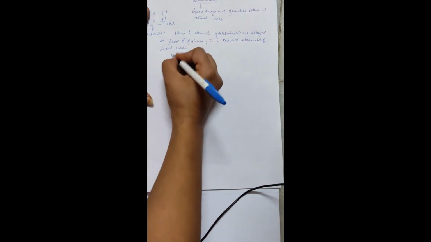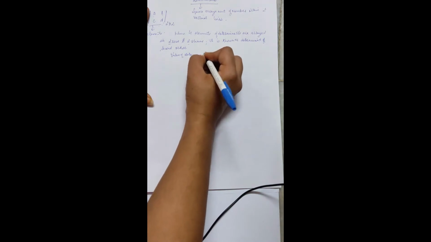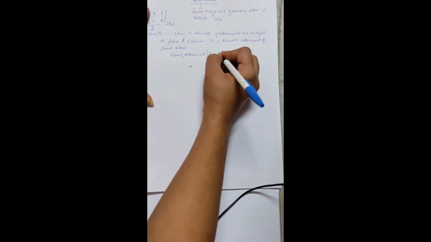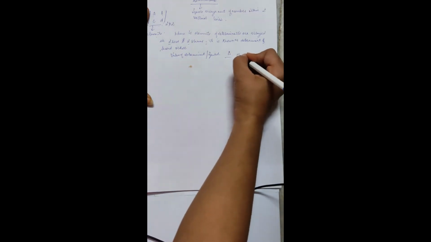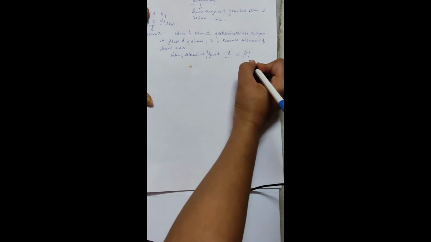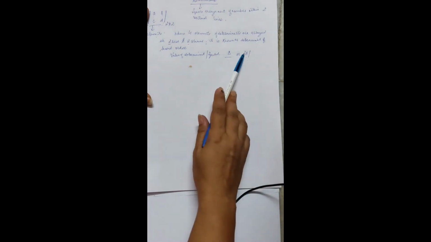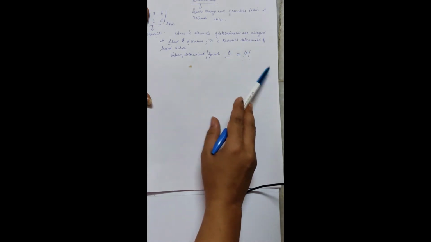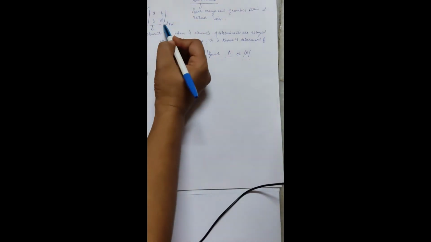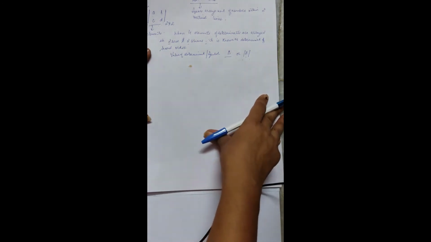But before that, let me tell you that the symbol of the determinant is denoted as delta, or it is written as A between 2 lines. A is the matrix, and if it is written between 2 lines, it symbolizes that we are calculating the value of the determinant. So if I take this example, with a, b, c and d as elements of the matrix, how will I be able to calculate it?